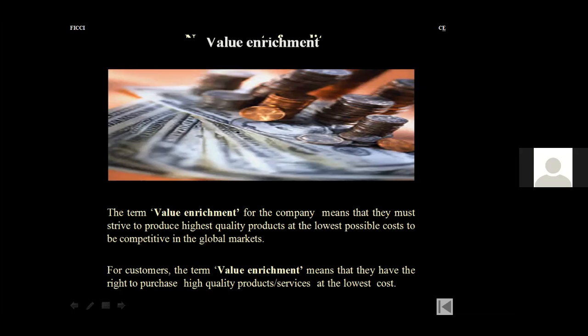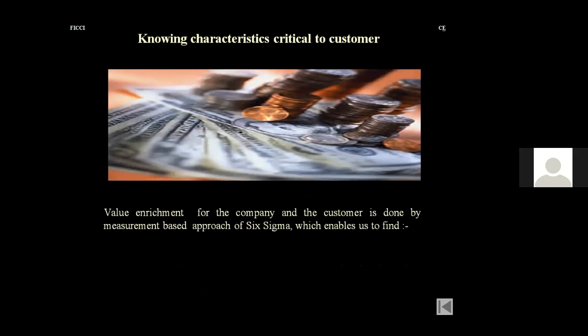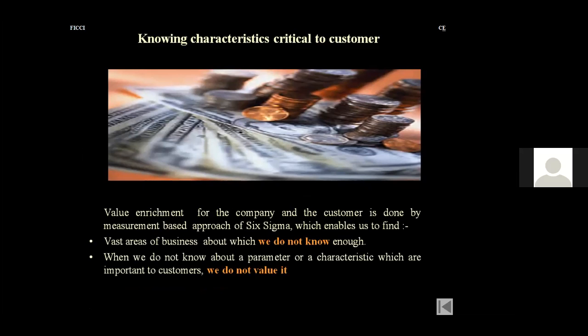And for the customers, the value enrichment means they have the right to purchase high quality products at the lowest cost. So the value enrichment for the customers and for the company is complementary. The company would also strive to achieve value enrichment. The customers also want value enrichment. So this is again a very good line. These 3 points are very good. If we go through these points,